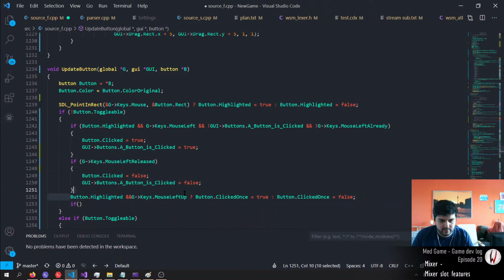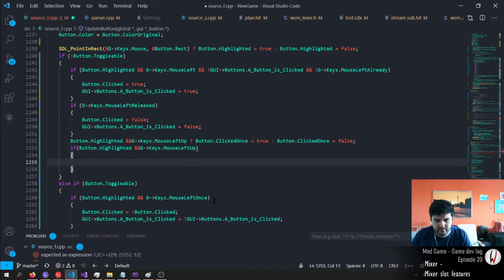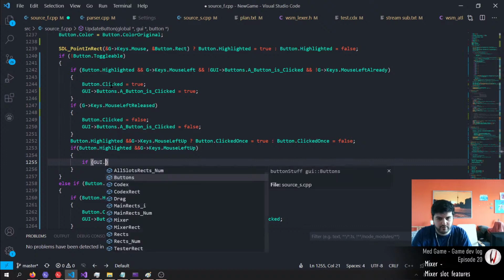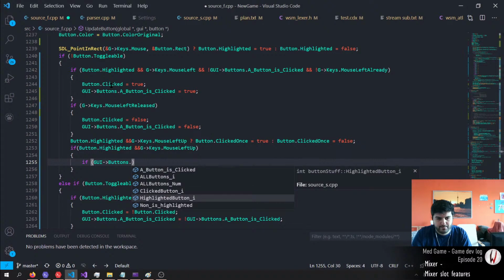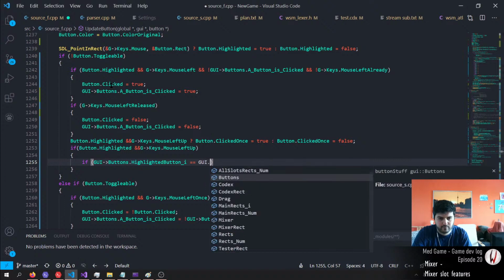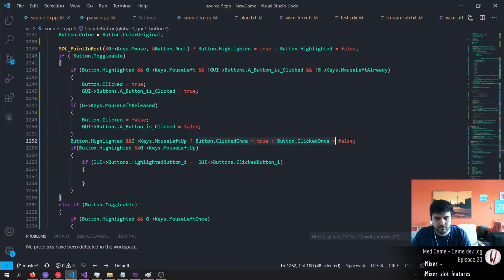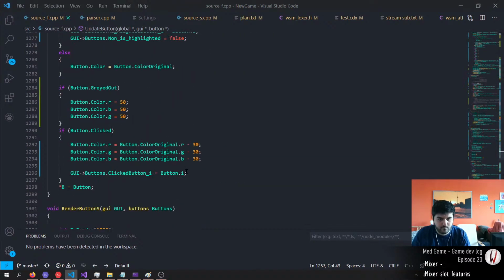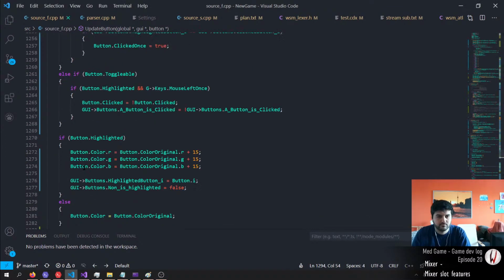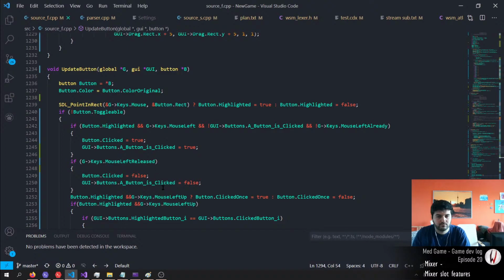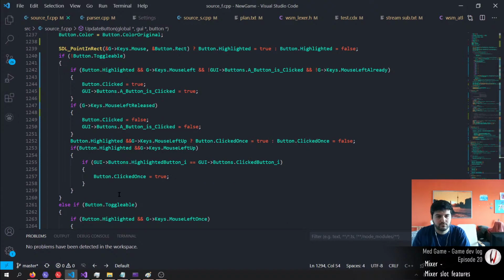If the button is highlighted and mouse is up, then you want you to check if UI dot buttons dot if the highlighted button